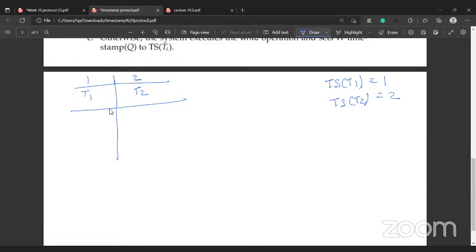T1 and T2. Why does the system assign them? The system gives a unique value for each transaction. The timestamp of T1 is 1 and the timestamp of T2 is 2, right? Okay, and initially the write timestamps